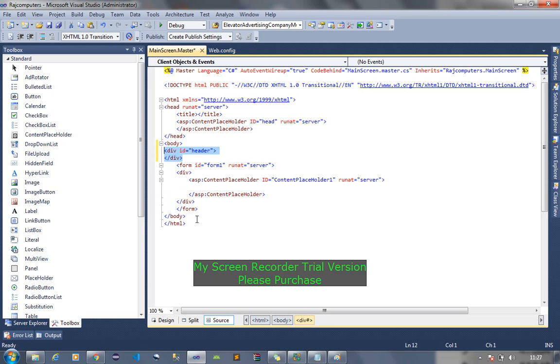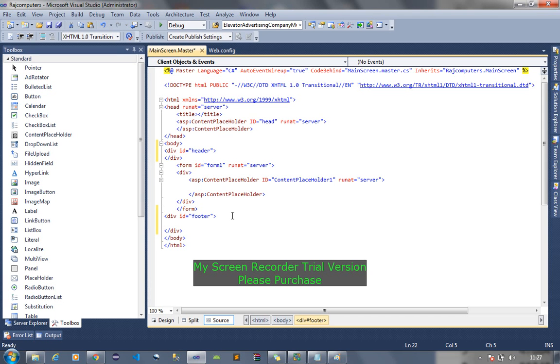Same I will do for the footer. So I will set the ID as footer. Fine. So in the footer I will be placing my footer location, that means I will write my text here.